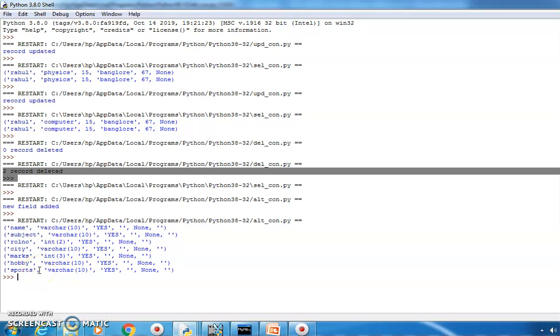So children, you have already seen that I can run any command of MySQL in Python, whether it's show tables, show databases, describe, alter, delete, update, select, any commands. And I've shown you the syntax and practically shown you all the queries in Python which have their effect in MySQL. So now it's your turn to download Python and MySQL in your system and do all the practicals of all these commands, and I'm sure you will be able to do it.